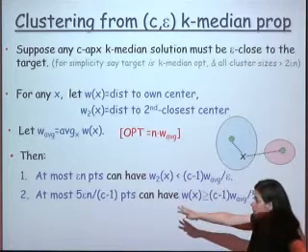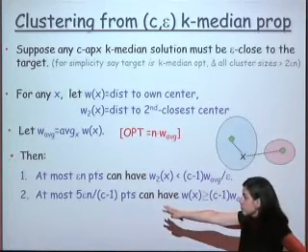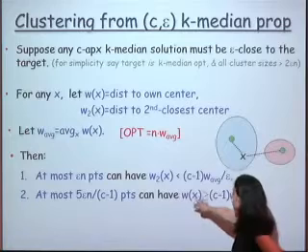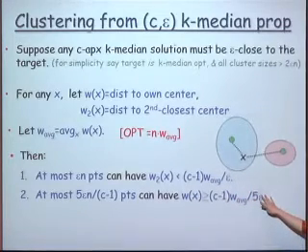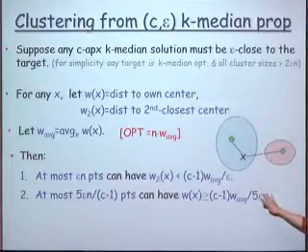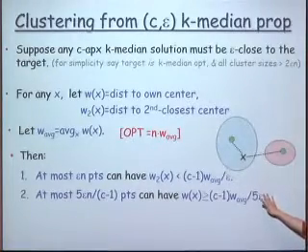Now, an even simpler fact to prove is that at most 5 epsilon n over C-1 points can have W greater than C-1 W average over 5 epsilon. And this just follows from the Markov inequality, so it's very easy to show. And so that means